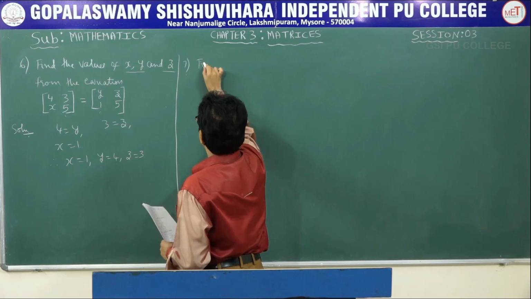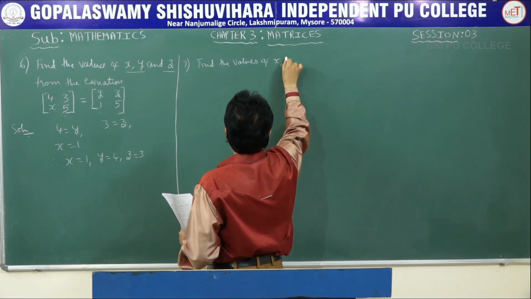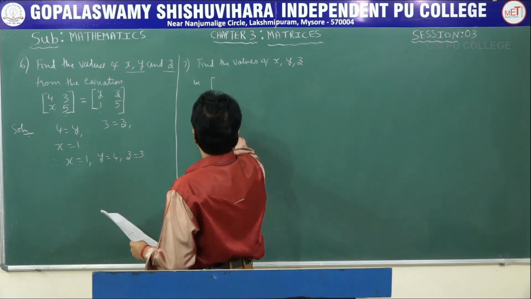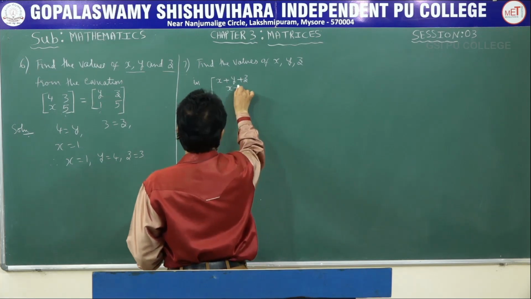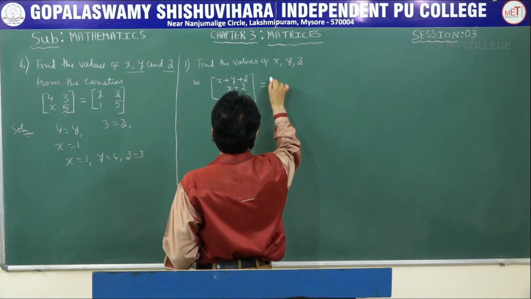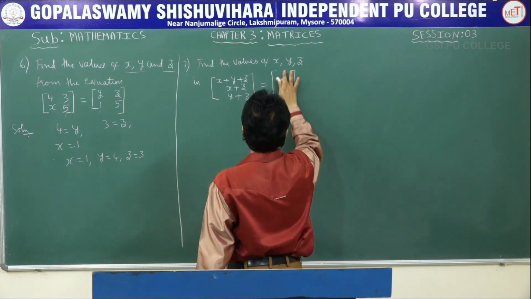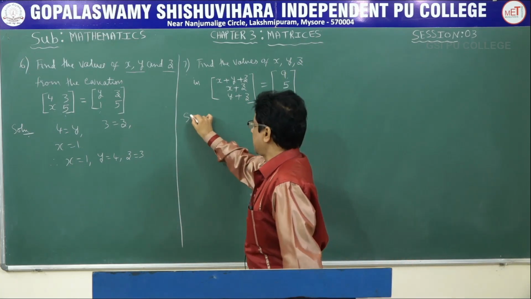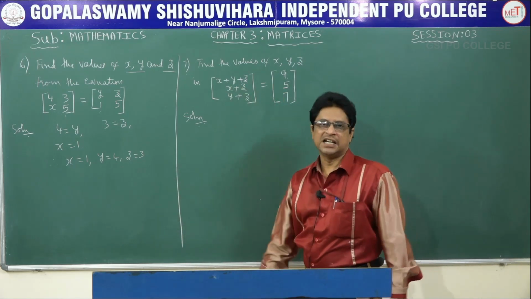Find the values of x, y, z in [x plus y plus z; x plus z; y plus z] which will be equal to [9; 5; 7]. So the solution for this problem is we have to first equate the corresponding elements of the